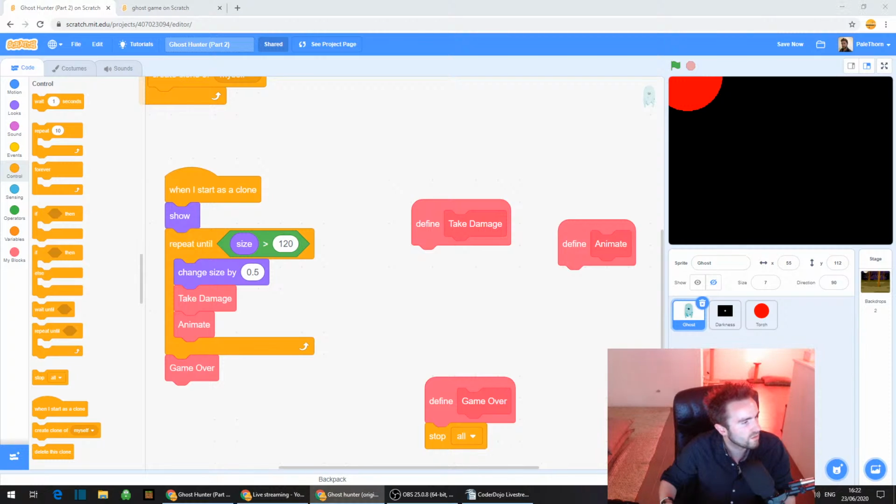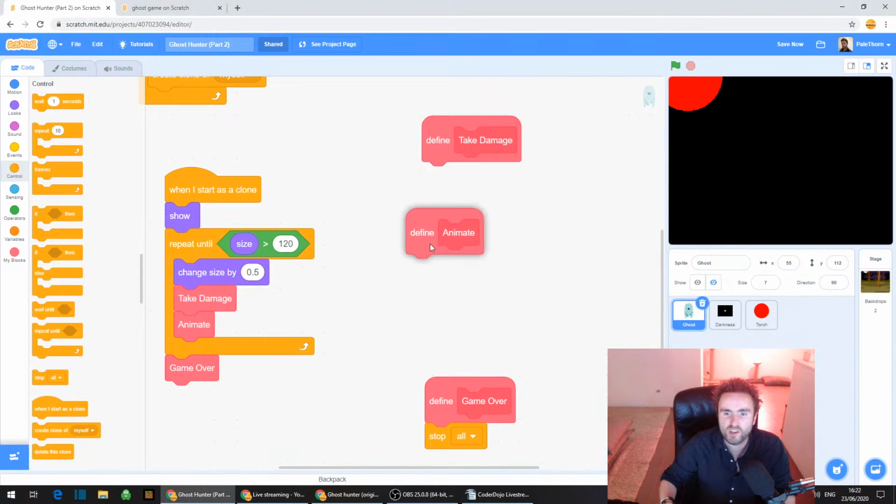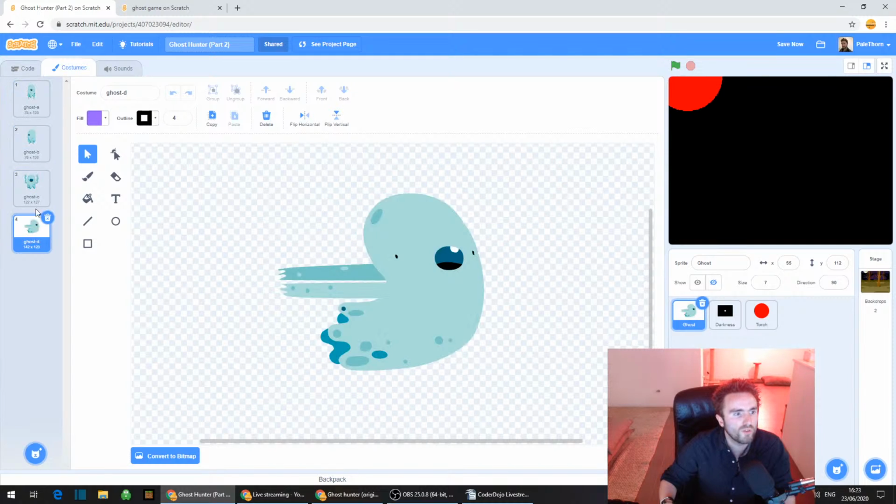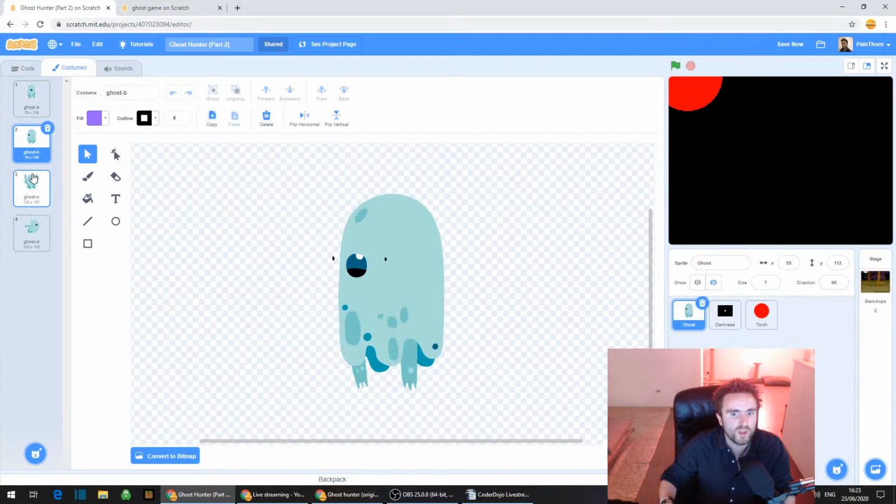Actually, no, let's do animate, because that's even easier. There could be other ways, but again, we're going to do something nice and simple here. So what we're going to do is, everyone click on costumes with me. Click on costumes of your ghost sprite. Now, we've got 4 costumes here, and the first 3 costumes